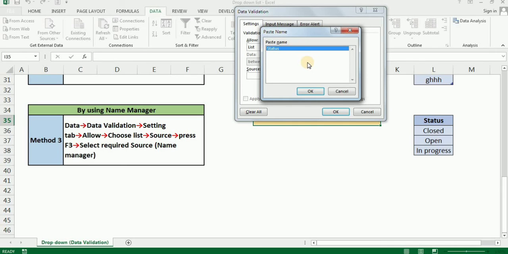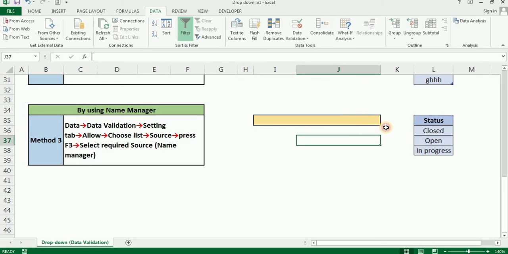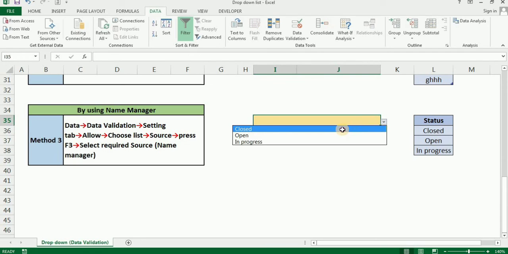But if you have created 4 or 5, all the list will be available here, and accordingly you can choose the defined name for the particular data source. So I'm selecting Status and pressing OK. Now it is showing me Close, Open and all these things, right?